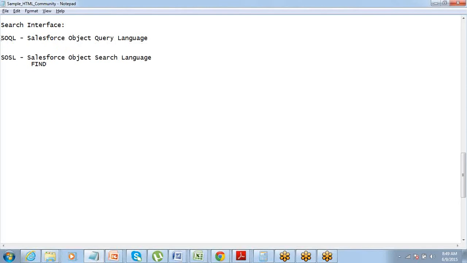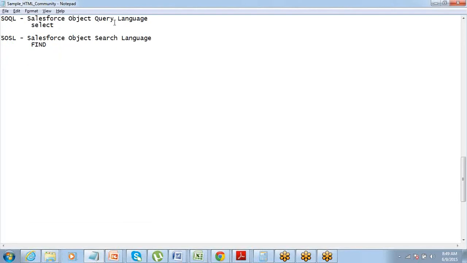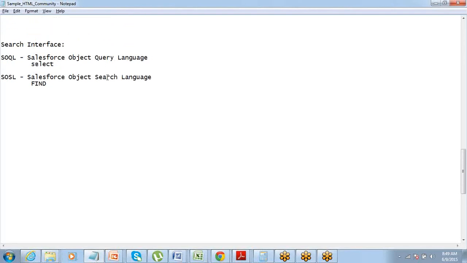So while you write a select statement, you always have to specify a certain object in object name, right?